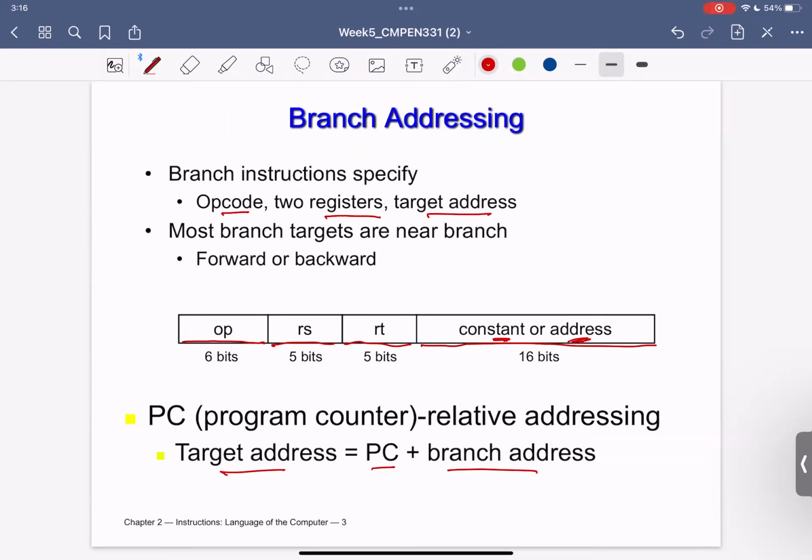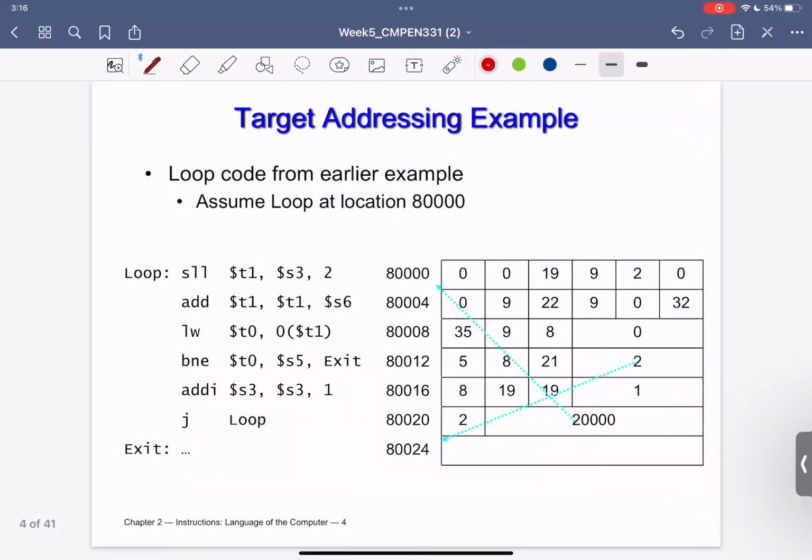So let's go into a little more detail with an example, so we can touch base on how we can address a certain particular label in a branch address command, when I use it in the I format. Let's go through this example step by step and understand how we can map each of these to the format of my command.